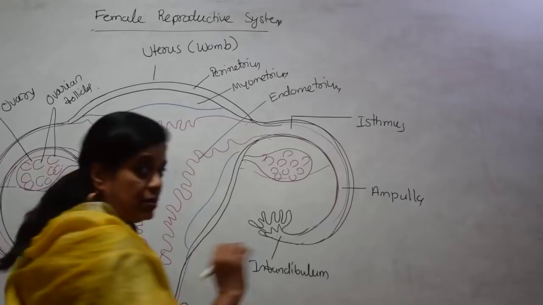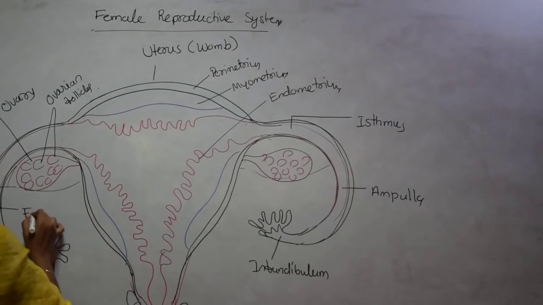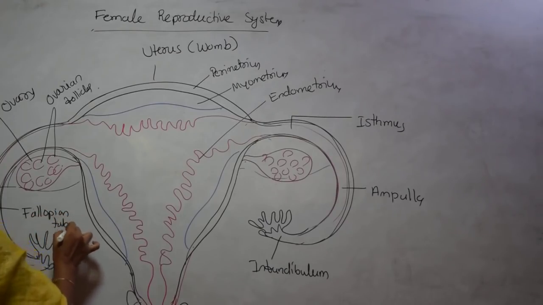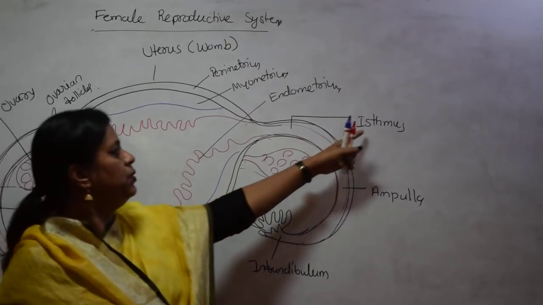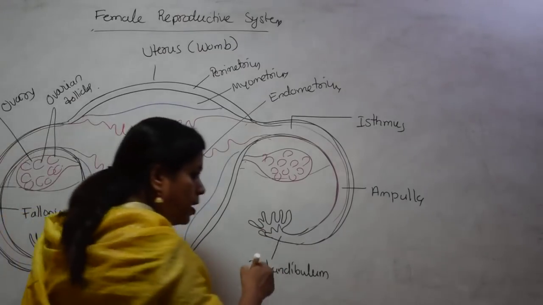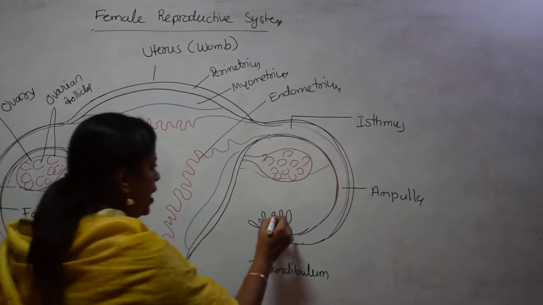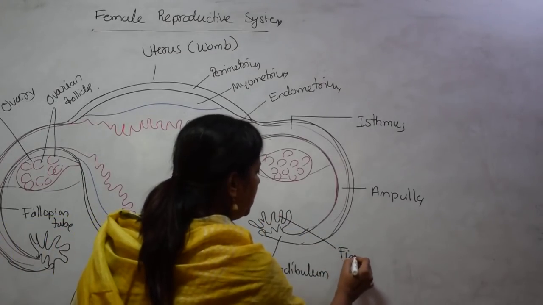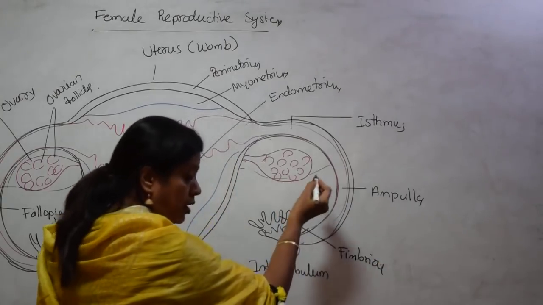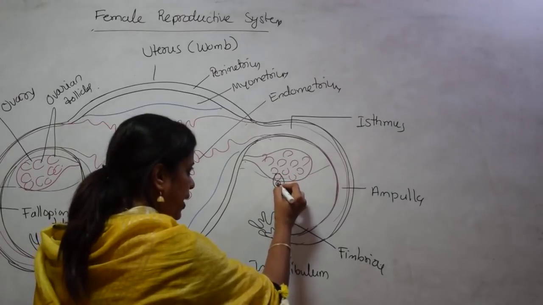So the whole thing is a fallopian tube. Simply you want to write, this is called the fallopian tube. But it is divisible into isthmus, ampulla and infundibulum. And you can see in infundibulum there are a number of finger-like projections that are motile in nature. They are called fimbriae. Very important is fimbriae. Whenever the ovarian follicles mature, they become Graafian follicles, they produce an egg, and egg